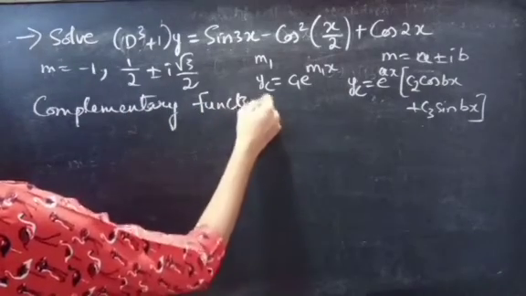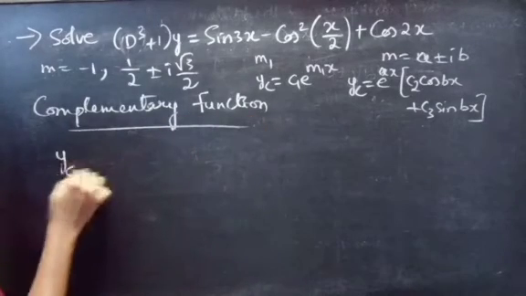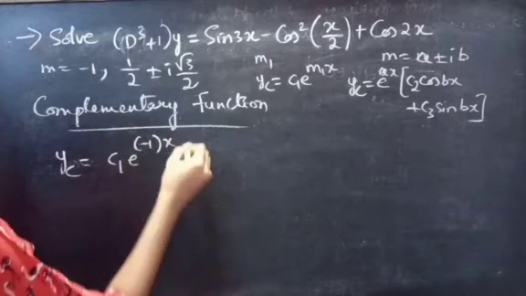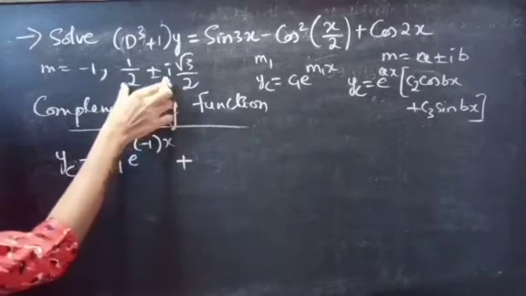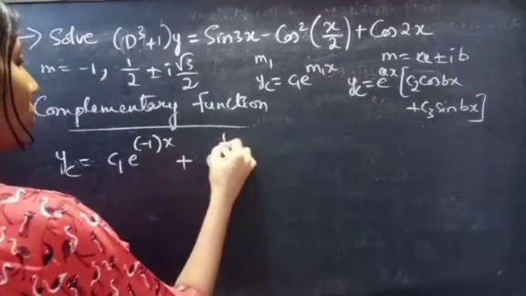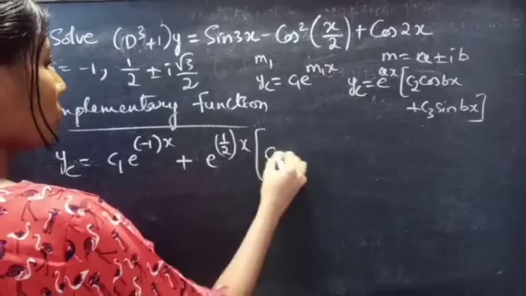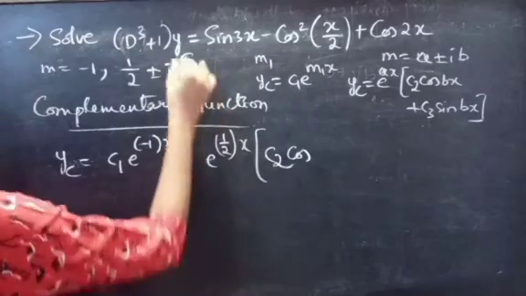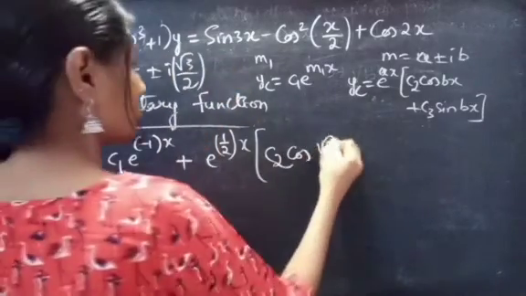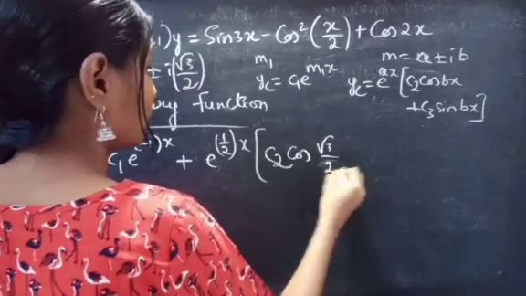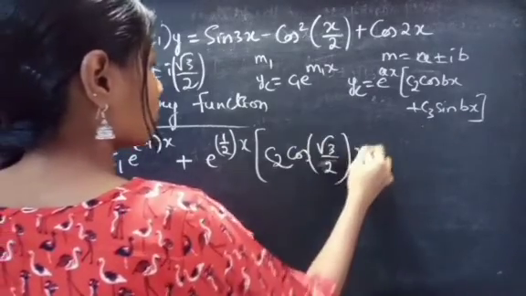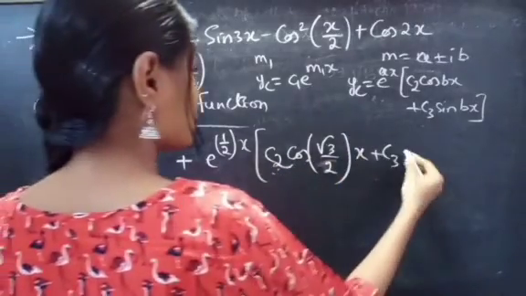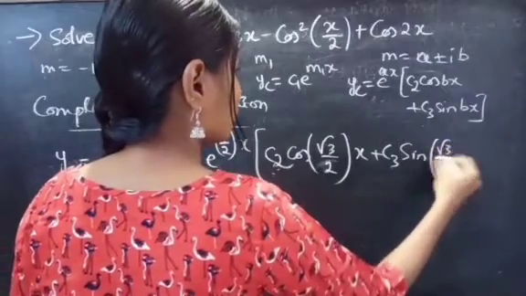Complementary function: yc equals, for m equals minus 1, you'll get one constant into e power minus 1 into x, plus, now we'll write for the complex conjugates, e power 1 by 2 into x into one constant. Already we have used c1, so we'll take c2 here, cos for b equals root 3 by 2 into x plus, here we are having c1, c2, so we'll take another constant c3 sine root 3 by 2